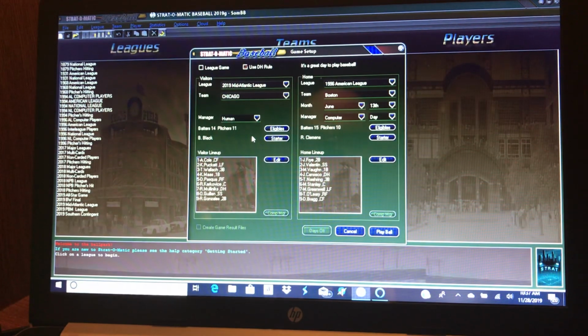That doesn't guarantee that Hal isn't going to put them in himself during the game, but at least we won't be starting them. In the case of the 96 Red Sox, no one in the starting lineup or the starting pitcher, Clemens, was on my team. And the starting pitcher for me is going to be Bud Black, so let's get started.